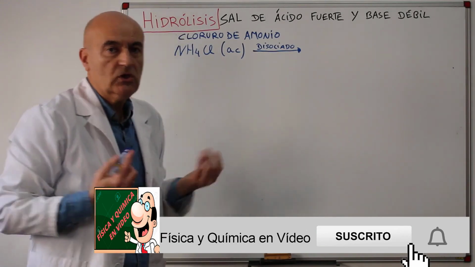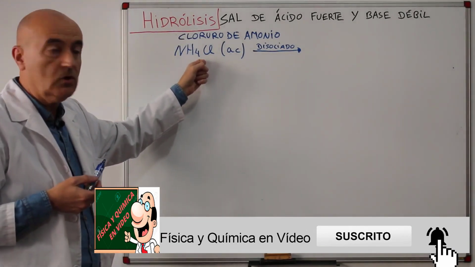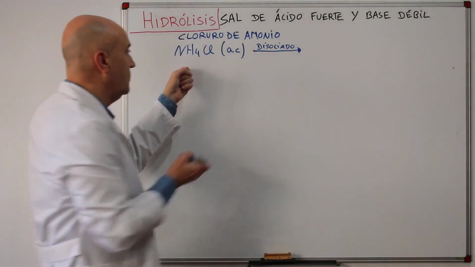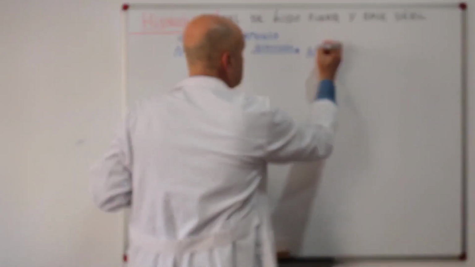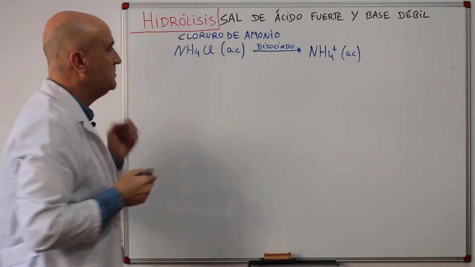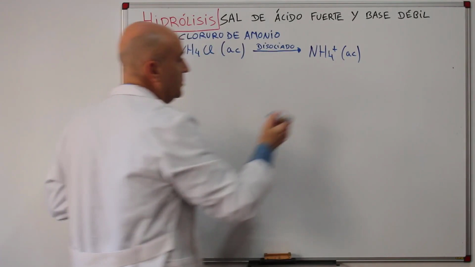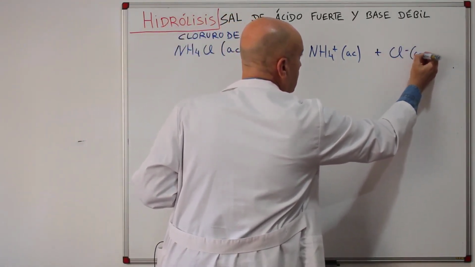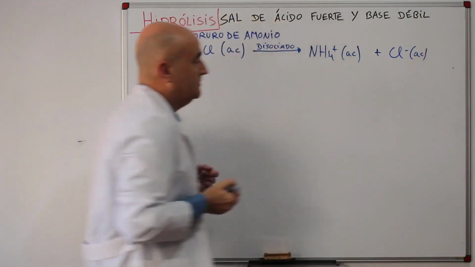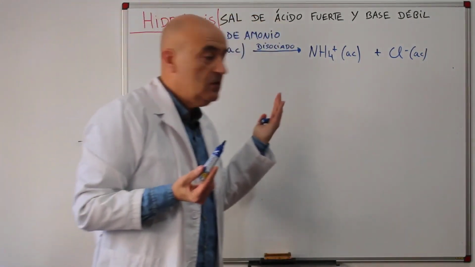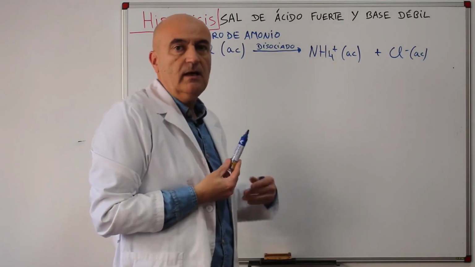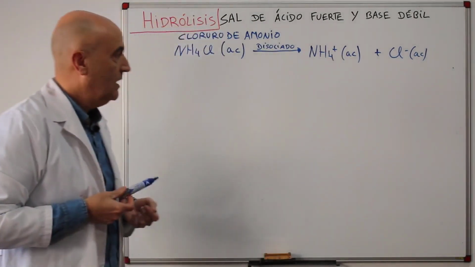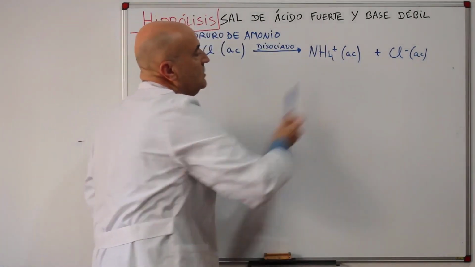What ions can we see in ammonium chloride? On one side, the positive ion will be the ammonium ion. And since the salt is neutral, we should look at the other ion, which will be the chloride, Cl-. In aqueous solution, to start with, a salt should give a pH of 7, unless either of these two ions